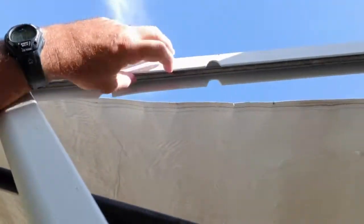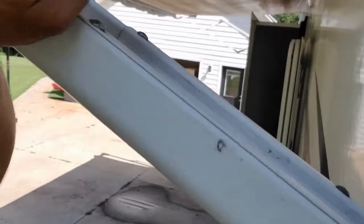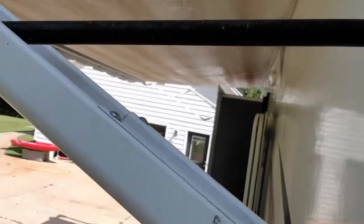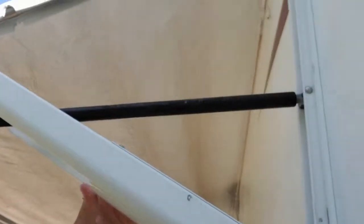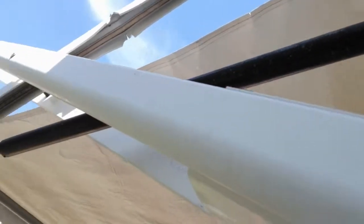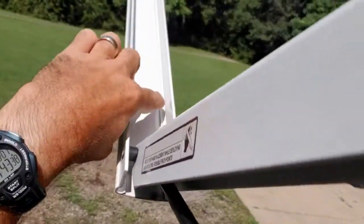But I have to make sure, so when it closes, this part closes down over this shock. Let's see if I can get it in. There it is. It closes down over this shock, so putting something inside is probably not going to work. And then it also has to close up inside of this piece,